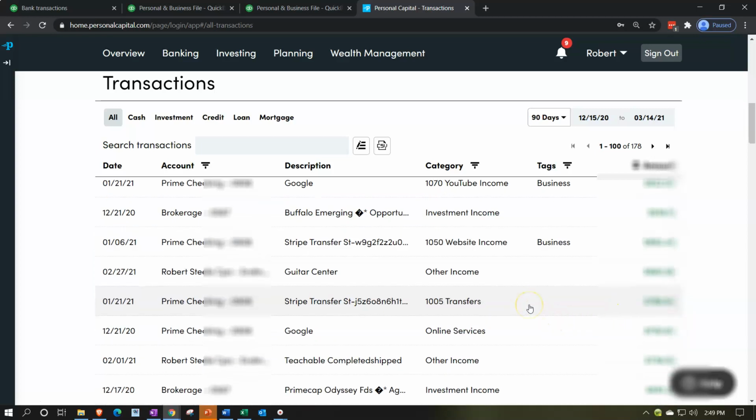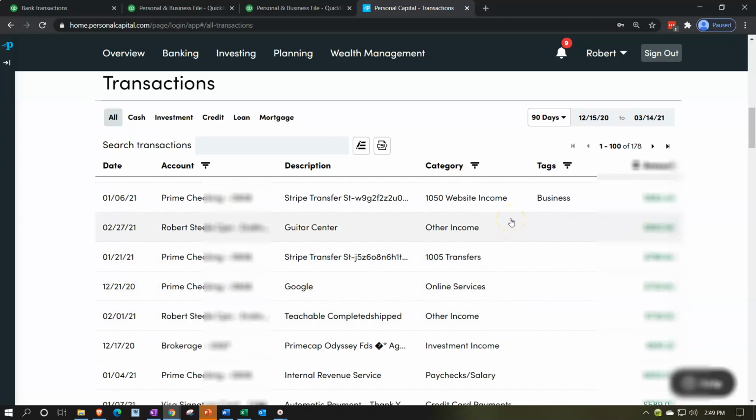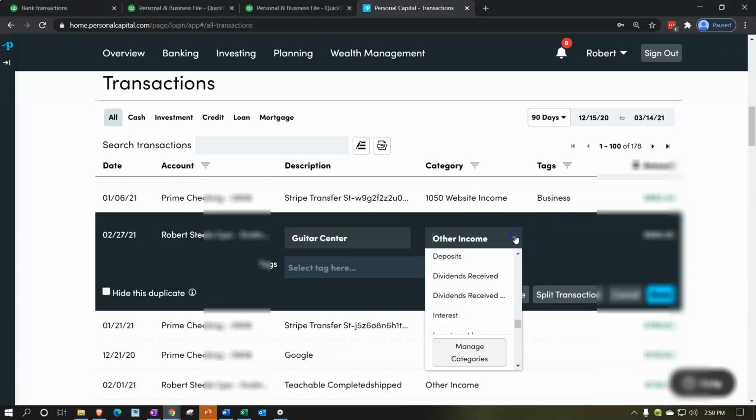So notice if you set these up at the beginning and you have data that comes in after this, they might be able to better categorize these as you go. But you do not have the same amount of functionality to do this as you would in QuickBooks, where you could set those bank rules up. That's where QuickBooks can kind of save time. So other income, Guitar Center. So Guitar Center, other income. So I'm going to go ahead and call that gig work. Let's say gig work